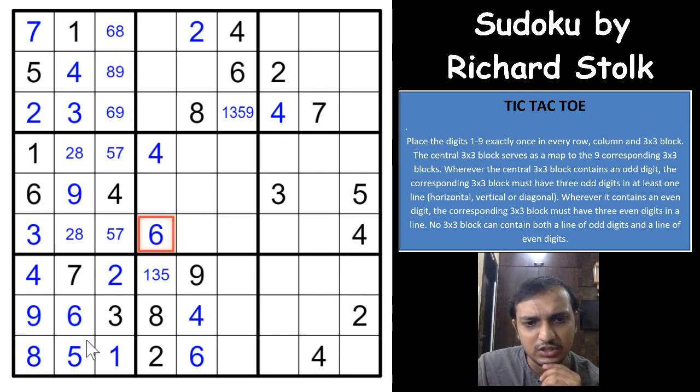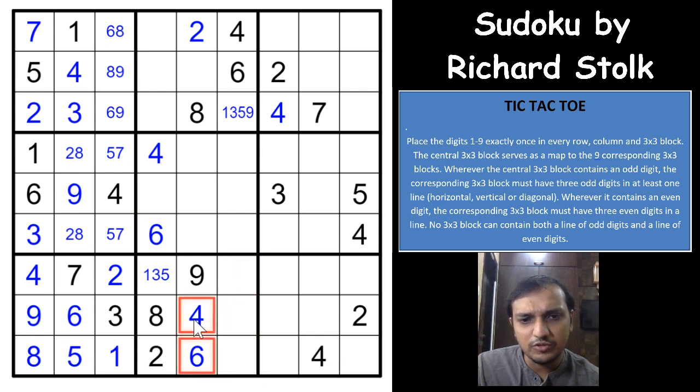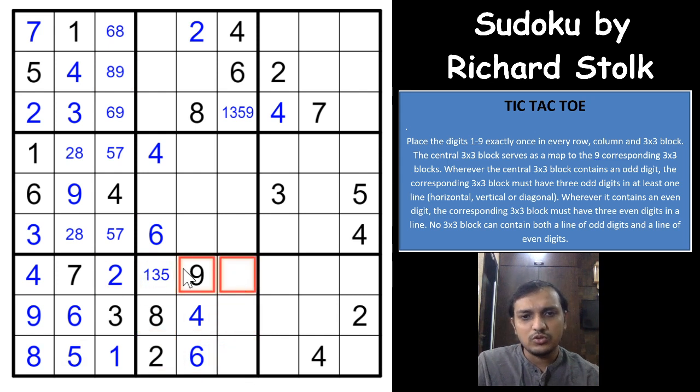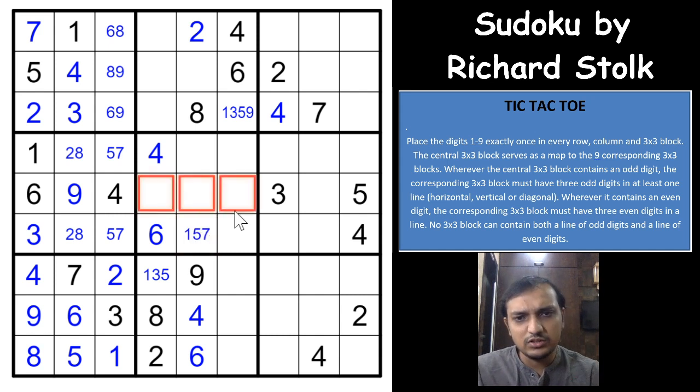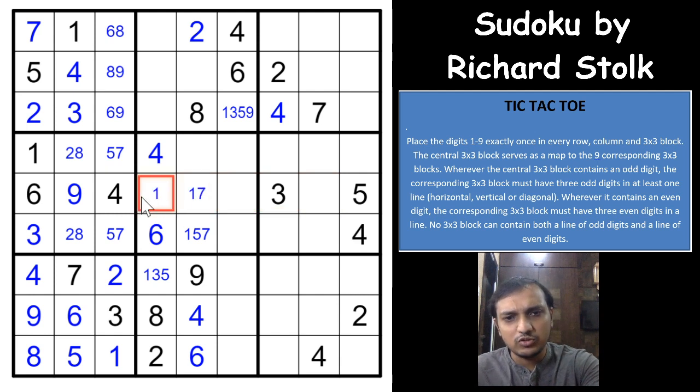So we have an even digit here, so this would have to be an odd digit, right? Because you'll have 3 odd digits here. All the 4 even digits are used here, so you'll have 3 odd digits here or here, right? So this would have to be an odd digit, and it can only be 1, 3, 5, 7. It cannot be 3 also, 1, 5, 7. Nice. And these cells would have to be 1, 2, 8 and 7. 2, 8, this would have to be 1, 7. This also would have to be 1, 7. So this is 2, 8 and 2, 8.